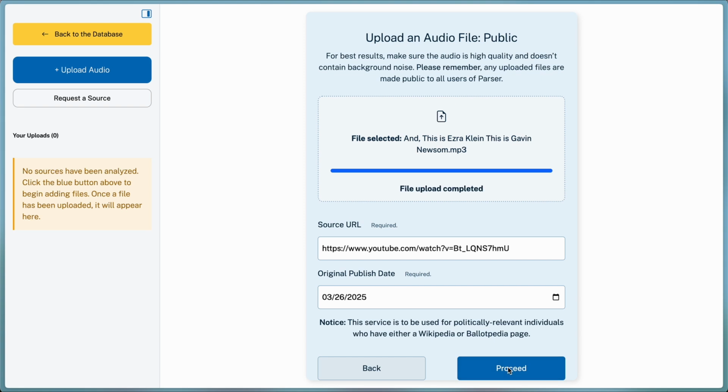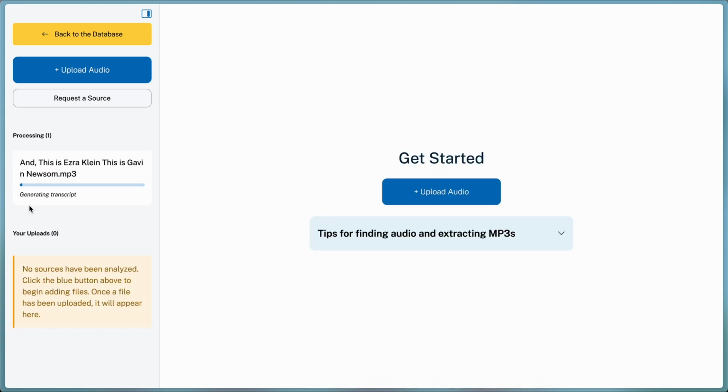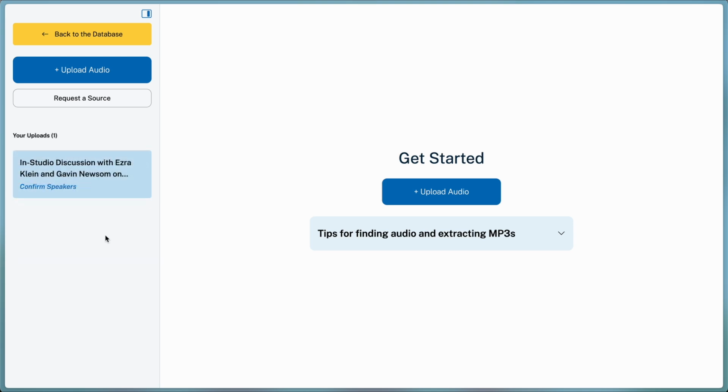Once I click Proceed, the source will move into the left sidebar as it does its initial processing. We've included brief notes to let you know what's going on behind the scenes. Once the source is done, it will appear with a blue background to notify you that it's ready for the